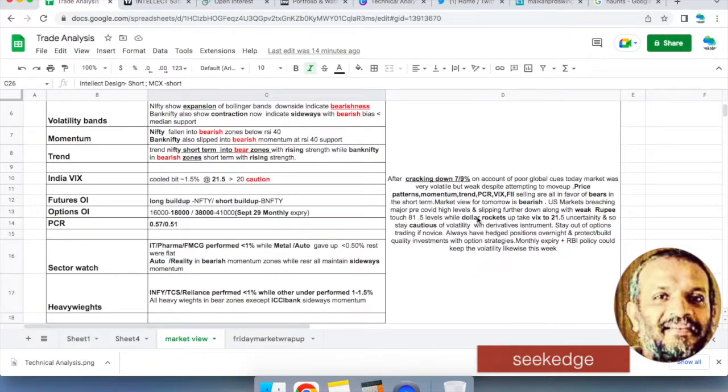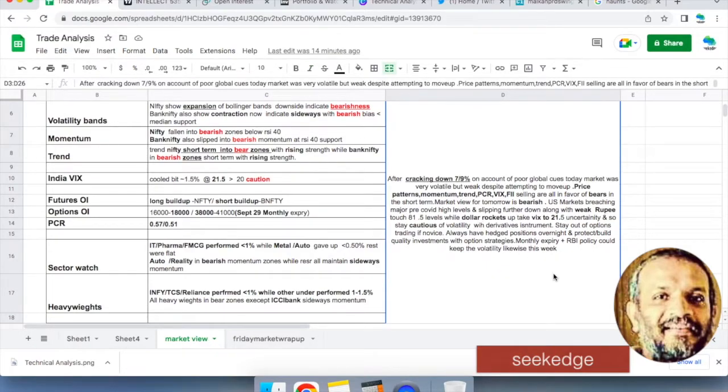We had a crackdown of nearly 9% in Banknifty and nearly 7% from the top, which has happened in just 2 or 3 weeks. That's all on account of global cues. And now it's at a crucial point: whether it can maintain the 70k kind of nearby levels, or is it going to give it up, is the question. All price patterns, everything is against. So let's look forward and see what happens this week.